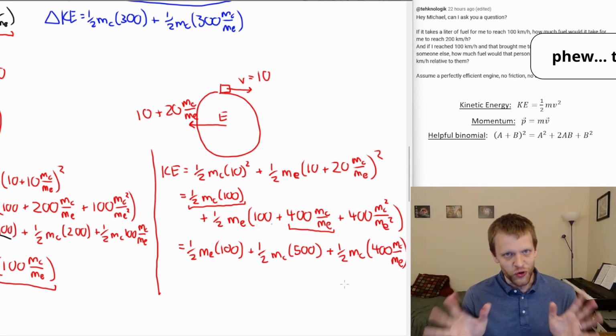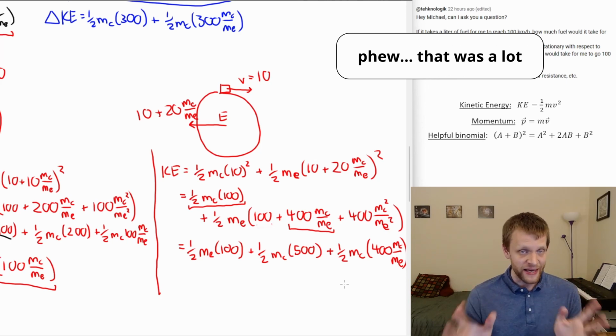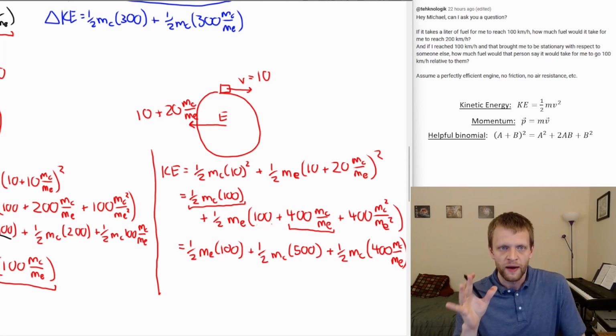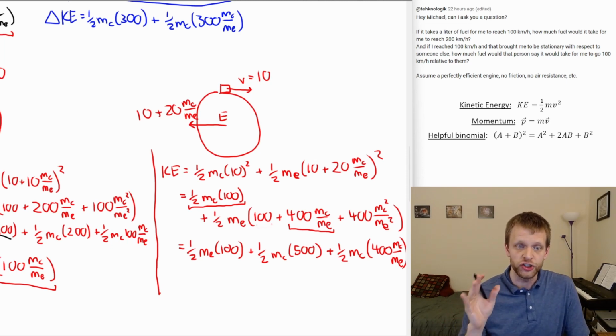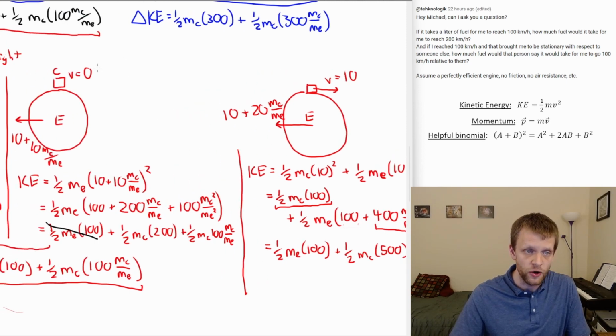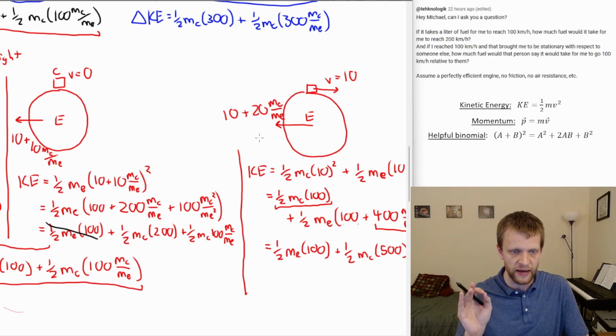Again, I know that was a lot, but thank you in advance for bearing with me on that. So now we have to evaluate how our kinetic energy changed from this state over here, where the car was at rest in this moving reference frame and the Earth is moving backwards a little bit, to now the car is moving forwards, and the Earth has still recoiled a little bit more, again a tiny, tiny amount. Let's see how the math works out.